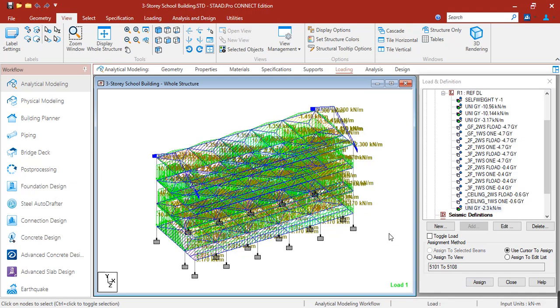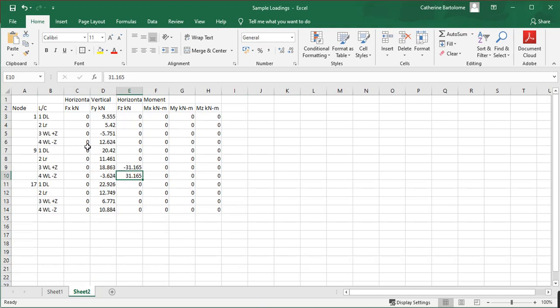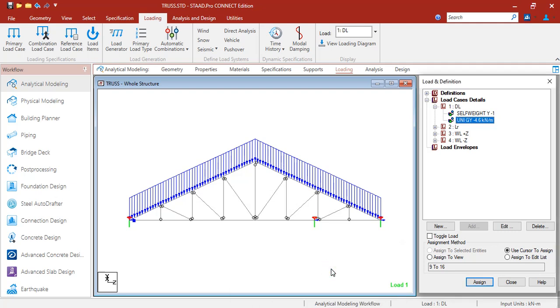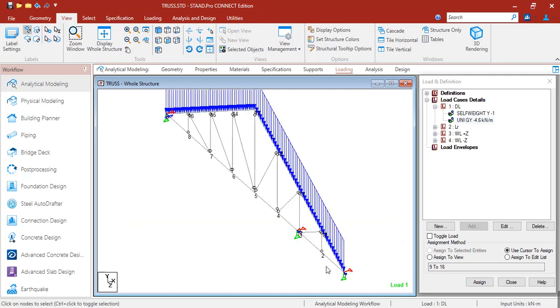Okay, so how about for the trusses at the center? So remember that we already have loadings here for node 1, node 9, and node 17. If we take a look at our model, this is load 1.